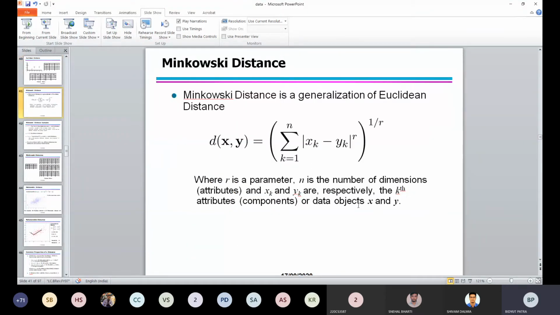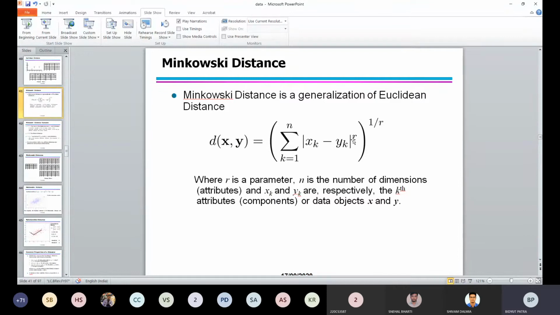Okay. So now there is something called the Minkowski distance. This is a generalized form of what we did earlier in the case of the Euclidean distance, where we took the square. But the dimension can be anything. In general, we use 2 dimensions, but it can be anything. The dimension can be 10 if the object is identified by 10 attributes. Then we will say that the data set has 10 dimensions. So we are talking about k to n, so we have the 10 different terms in the summation here.